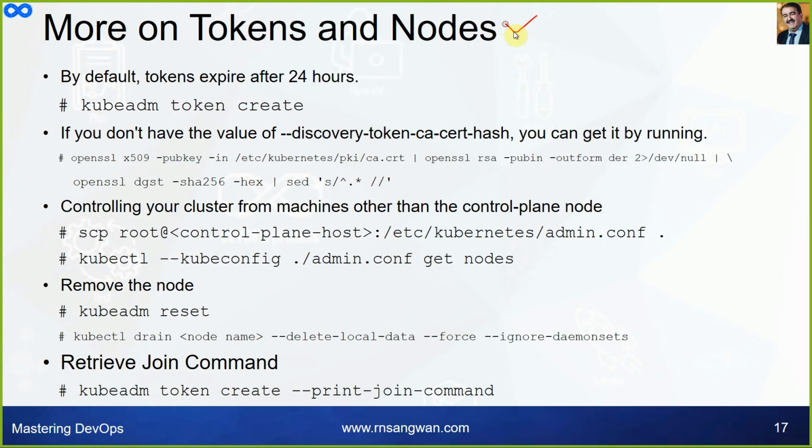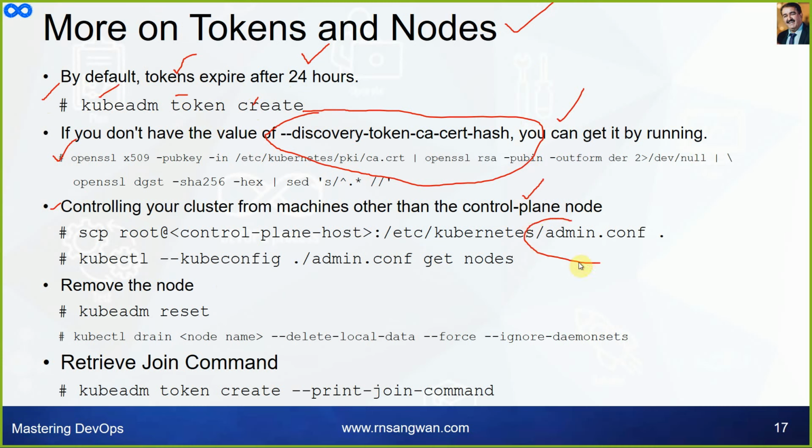More on token and nodes. By default, the token will expire after 24 hours. To create the token, you can use kubeadm token create. If you don't have the discovery token hash, which is required in your join command, you can get it using this. To control your cluster from a machine other than the control plane, you need to copy the admin.conf file